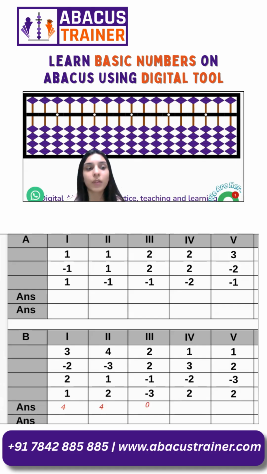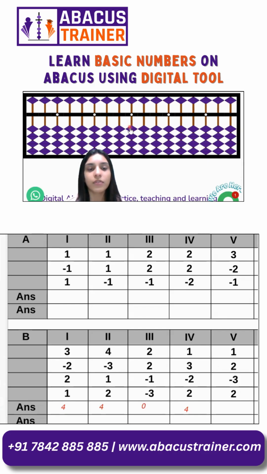Next. 1. That means 1 bead up. Then 3. 3 beads up. 1, 2 and 3. Minus 2. 2 beads down. 1 and 2. Plus 2. 2 beads up. 1 and 2. Answer is 4. Easy. Next. Let us write this 0 properly, okay? Okay. Now, last answer, that is